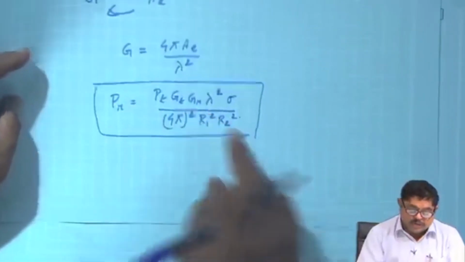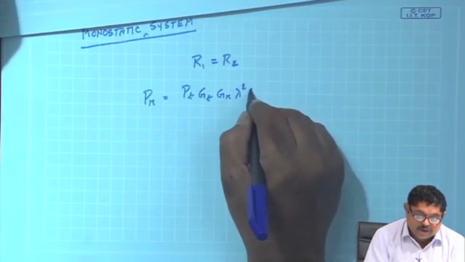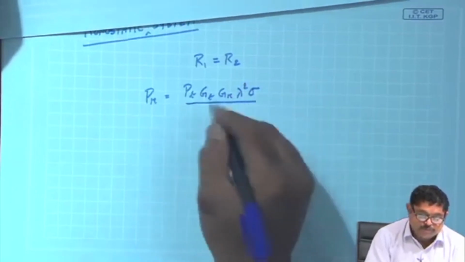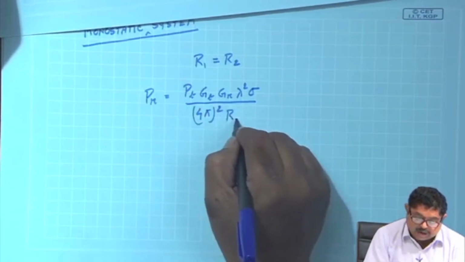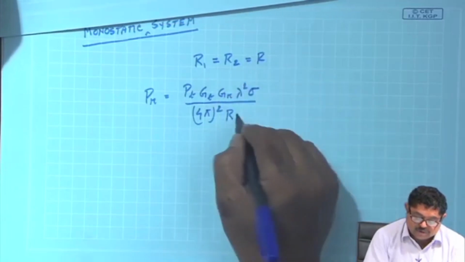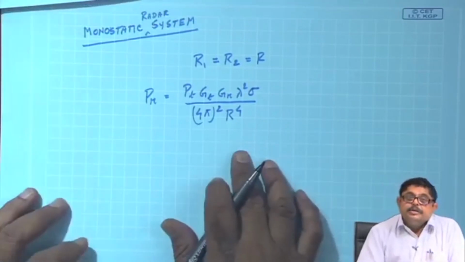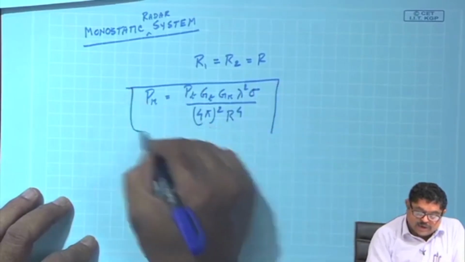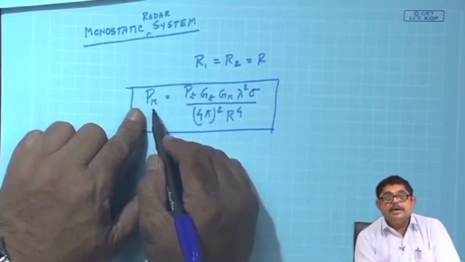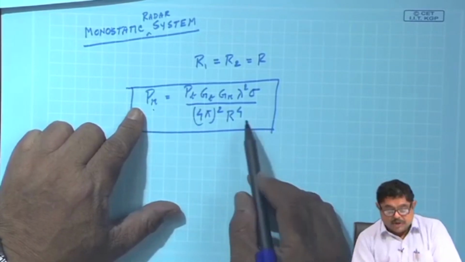Where is the last equation? The last equation was this: PT, GT, GR, sigma, lambda square, divided by (4 pi) whole square, r1 r2, let us call it r to the power 4. Okay. So, this shows us that the power received, in this radar equation, is inversely proportional to the fourth power of